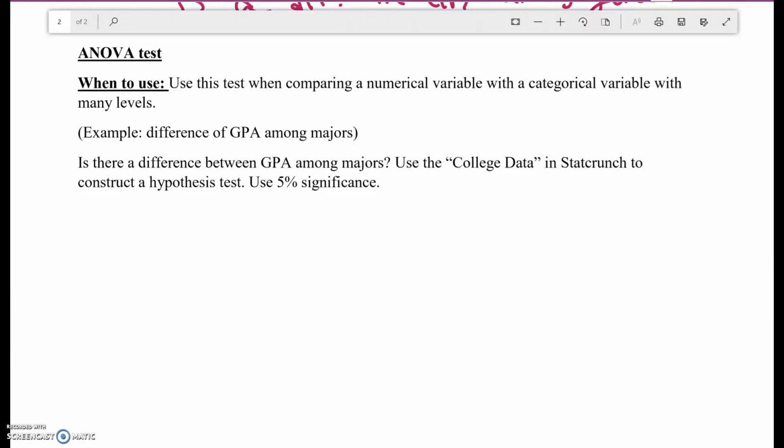Here is the final test. This is the ANOVA test. So you use this test when you're comparing a numerical variable, just like we did before, but now we're comparing it with a categorical variable with many levels. Okay, so